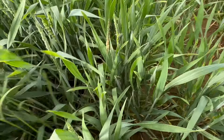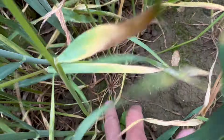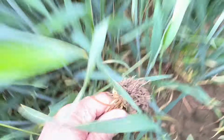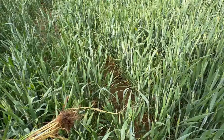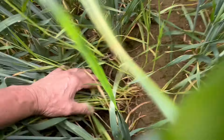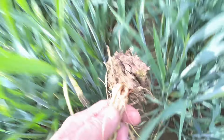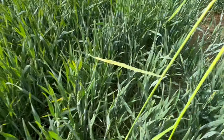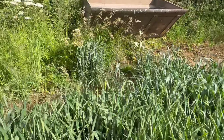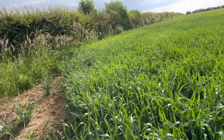So again, reach down, find it. There it is. You can see it growing just there. Grab it all, pull it slowly, and that's got all of them in one go. And then the same here. There we go, down there. Pull that. You see it pulls very easily with this soil and the rain. And then that's 2 plants there pulled, and Ruben's brought the bucket to this corner to put them all in,